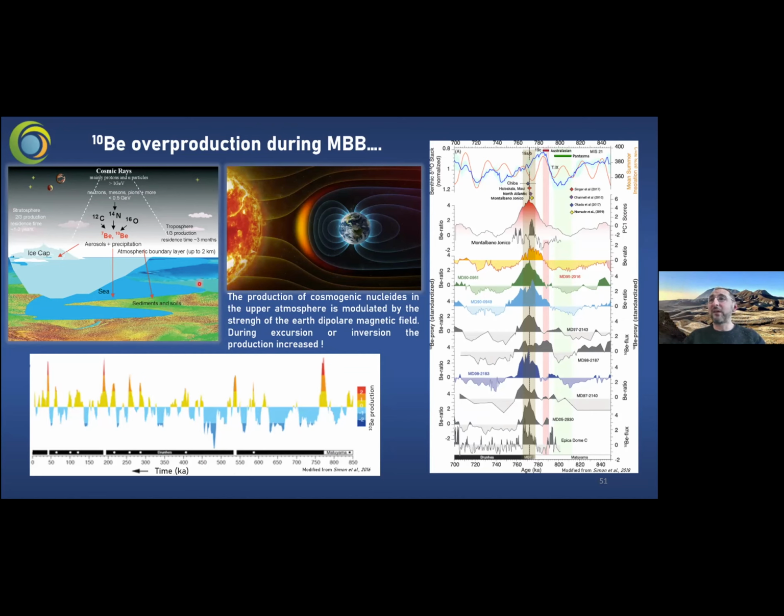So this is a way, in fact, to reconstruct the variation of the Earth magnetic field through time by measuring the barium-10 inside sediments sequence. So this is what my colleague Quentin Simon did in 2016. He just created a stack of barium productions from 850 to the present day. And you could see here this overproduction. This is a multiplication by 2 of the production of barium-10 into the sediments due to the Bruns-Mathieu.